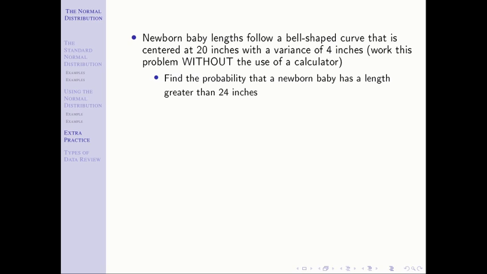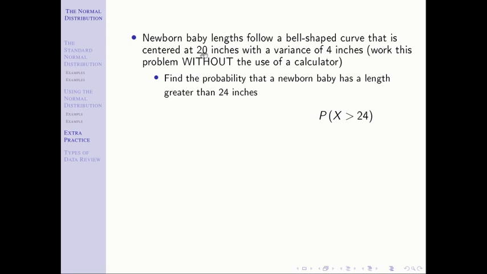Again, anytime we see find the probability, go ahead and write out the probability statement. The probability x is greater than 24. And because we have a bell-shaped curve, that tells us that we're following a normal distribution, and that means we're going to want to standardize our x. And as we've talked about previously, when you take an x that is normal and you standardize it, standard plus normal is a z. And so we standardize this problem.